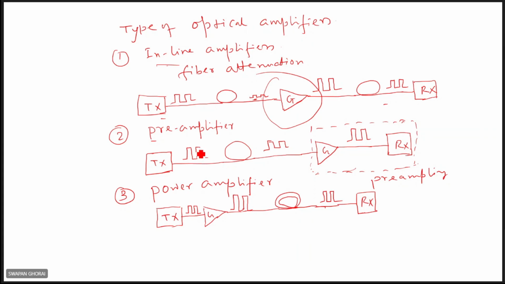Even if you use the other components like these inline amplifiers, still you see, if you increase the power of the transmitter, then apart from the first ones, you can also increase the distance between the transmitter and receiver. Receiver, right? If you use pre-amplifier. No, this is the power amplifier, right?